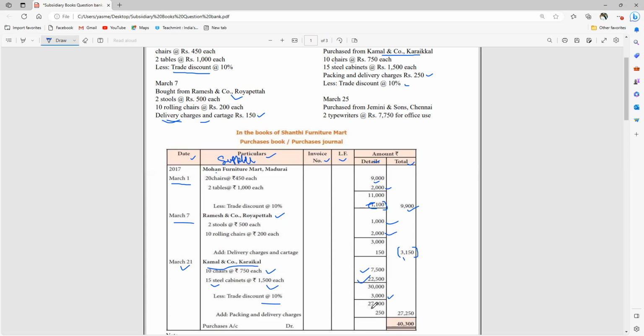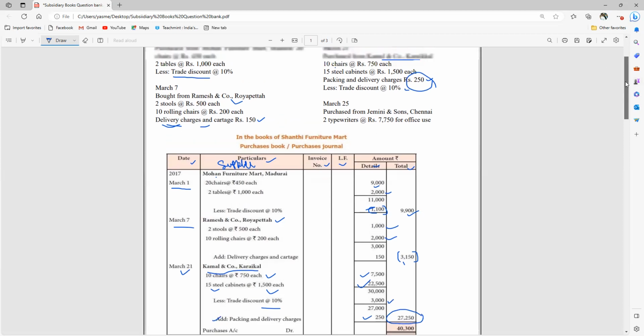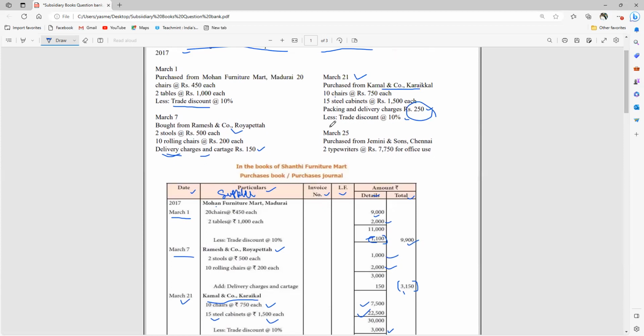So what is the remaining amount? 27,000. So here we have to add the packaging and delivery charges which they have mentioned in the question. 250 rupees, that we are adding here. The total amount of which we have purchased from Kamal and Company is 27,250 rupees. So now the last transaction here, you can see on March 25th, purchase from Gemini and Sons, Chennai,